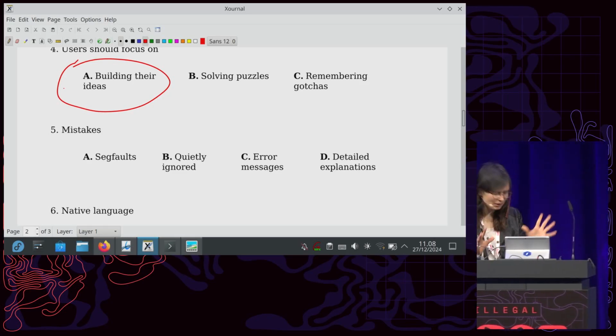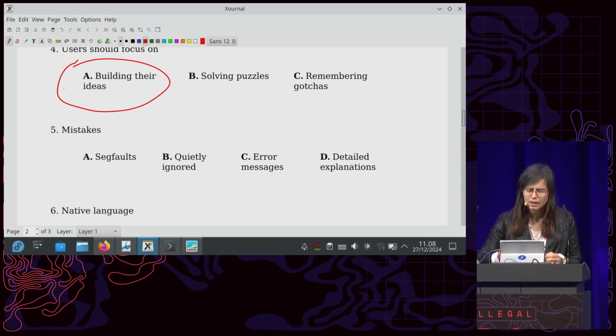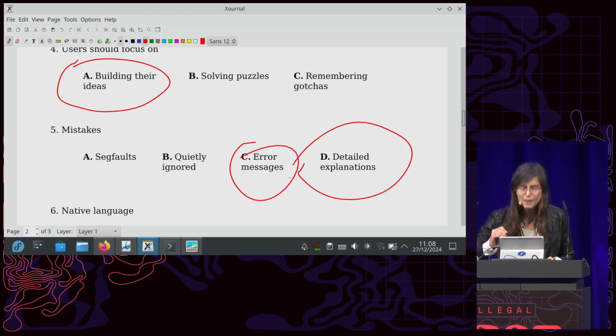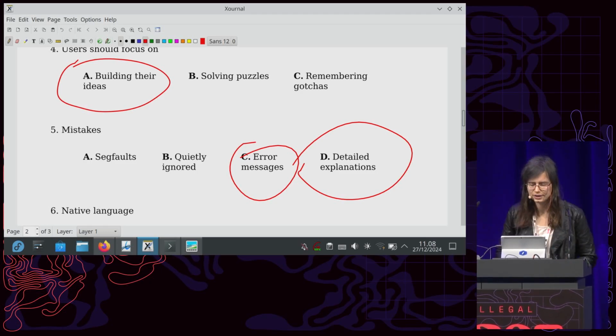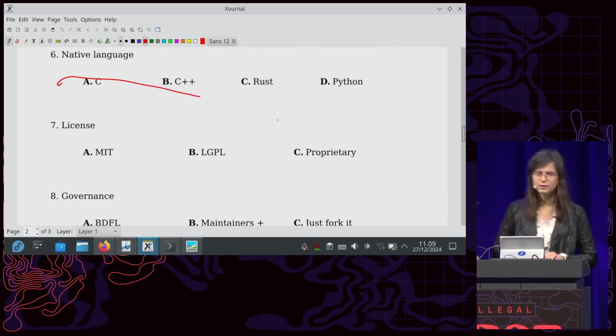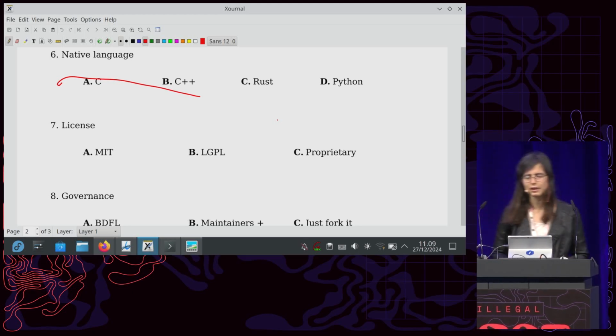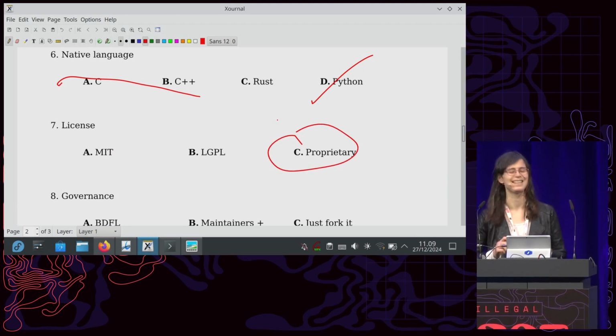So ideal error messages are those who tell you what went wrong. And even better, the error message tells you what to do to fix it. That will be perfect. And that brings us to the choice of language. C and C++, they don't get the memory management story right. Python might be a bit too slow to implement all the processing, so Rust is like the least bad option of the mainstream options. License, proprietary, of course, no, that's a joke.